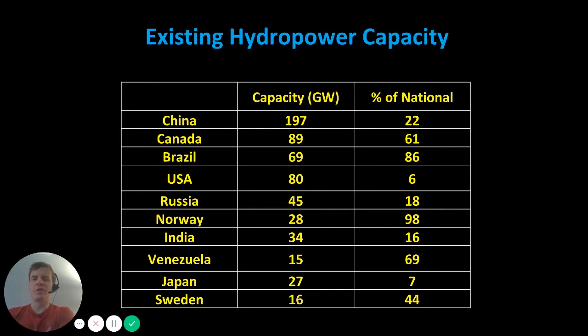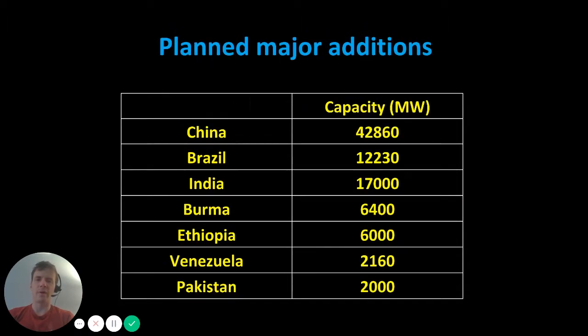So existing hydropower capacity today, China is the leader, followed by Canada, Brazil, and then the United States. You can also get a sense for the percent of generation that comes from hydropower in each one of these countries. And so there are some countries, take a look, that are extremely reliant on hydropower. Notable examples would be Brazil and Norway. So this list looks a bit different when we're talking about where we might think about adding new hydropower in the future. And so the leaders here are China and Brazil and India.